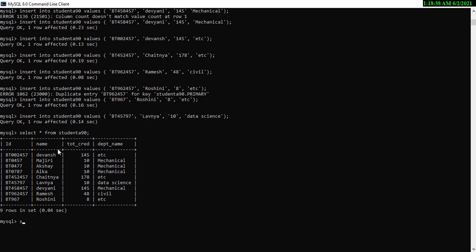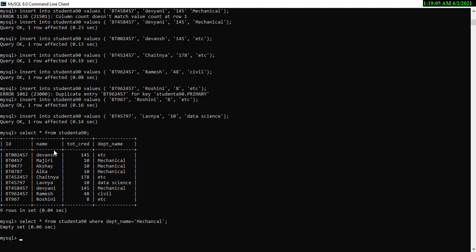The command for this is select star from student A90 table name, where dept underscore name is equal to mechanical. Okay, so this is the command for it.